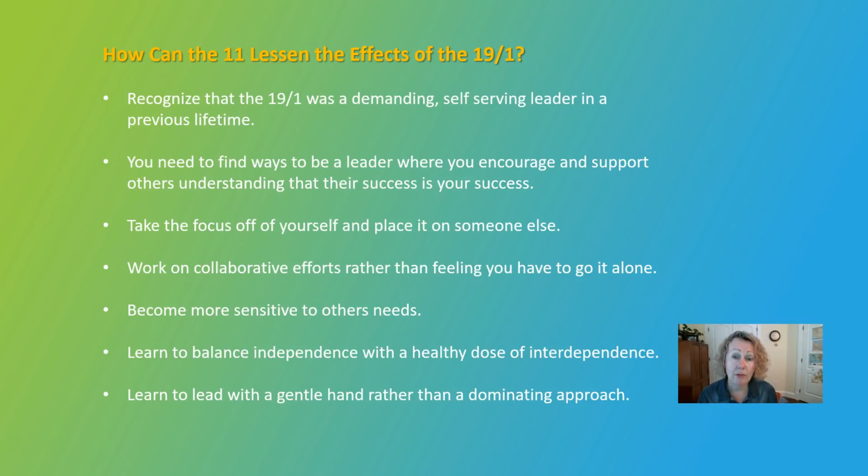So if you have the 19-1 as a karmic debt in your chart, you need to find ways to become a leader where you can encourage people, where you can support others, understanding that their success is your success. And I often think about businesses, MLMs, multi-level marketing, like Amway, Mary Kay, Shackley, all those sorts of things. And a lot of people frown on them, but honestly, the business model with those things is really pretty amazing